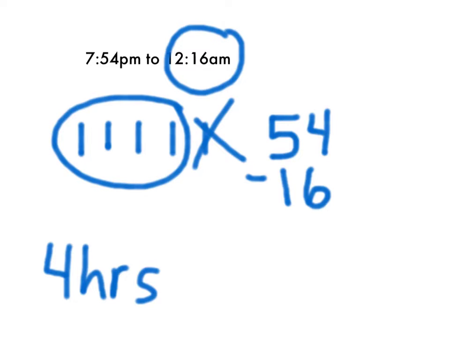Now, if it was 12:54, it would be 5 hours. But it's not quite 12:54, it's 12:16. So we know that it's going to be 4 hours, and it's not going to be 5 hours. Okay, so for right now we know we're going to have 4 hours and some minutes. The way to figure out the minutes is you start with 54, subtract 16, and I'm getting that from here and here,